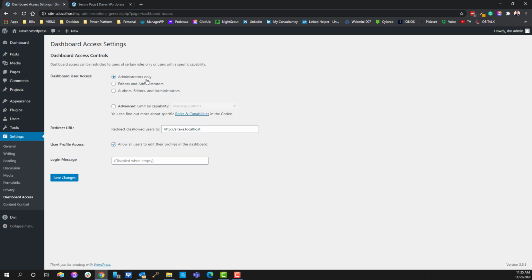However, if you're a site owner, you may also have somebody that administers it, but you may be an editor or an author or some level of that in your own WordPress site, because whoever you hire to do your website may not give you full administrative access for fear that you may make a change and that they'll be liable and they may not be able to undo it, because